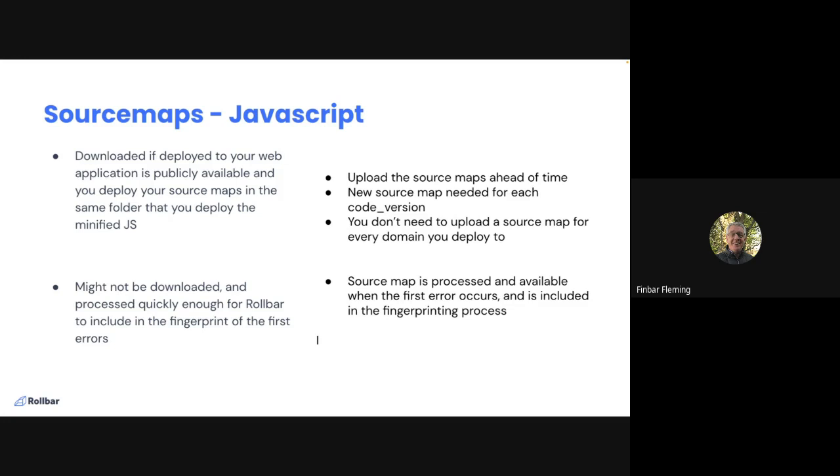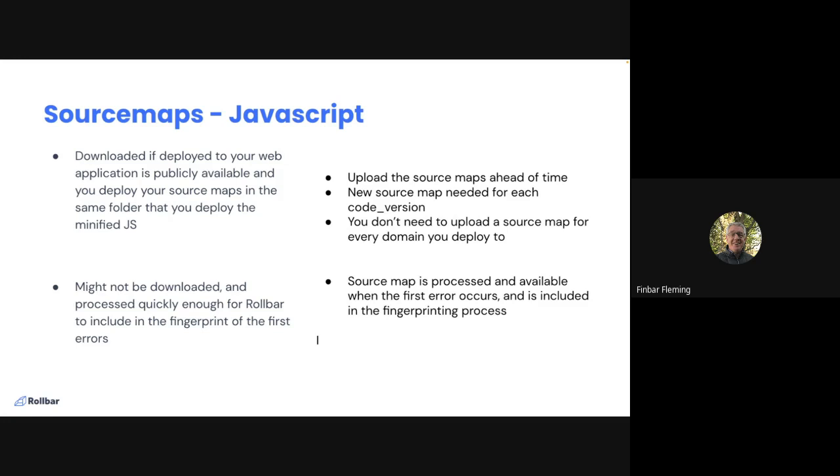What problems can occur is that something in that process of downloading that source map from your publicly available web app and processing it may not be done quickly enough for Rollbar to include it in the fingerprinting process. So during the fingerprinting process, when an error is sent to Rollbar, if we see that it contains minified JS, we'll attempt to go out and download that map file. If it isn't available, we will not wait for it, and we will go ahead and fingerprint the error without the